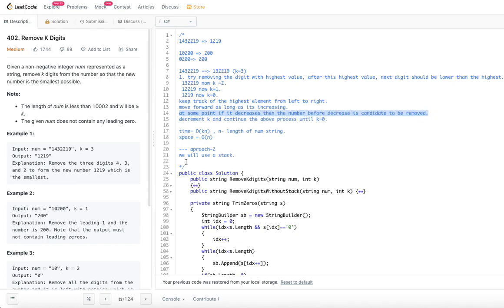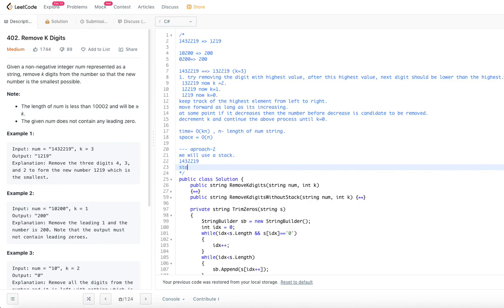In the same way, we use a stack and push into it as long as the numbers are increasing, and once you see a number which is decreasing, we pop out of that stack. Let's try that same thing.